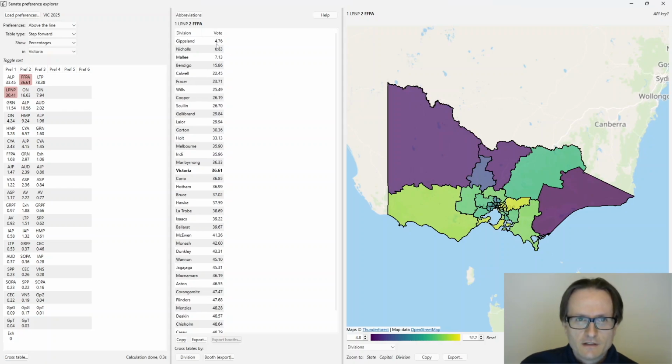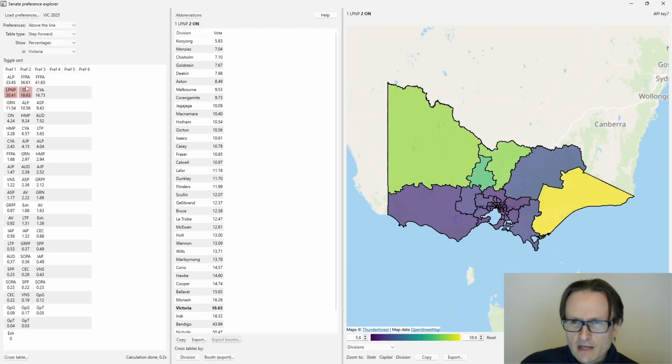There's 4.76% Gippsland, Nichols, Mallee, Bendigo, Corangamite. Not sure exactly where the line should be drawn here. Bendigo is sort of in between. The rest of the numbers have a much more continuous distribution, 22, 23, 25. So the break is somewhere between Mallee and Corangamite. Maybe it includes Bendigo. If I switch to the second preference for One Nation,